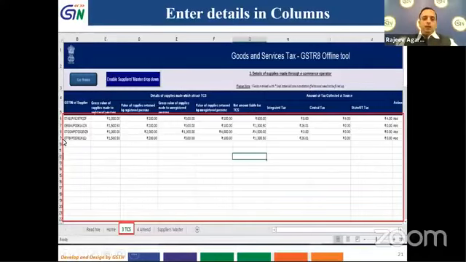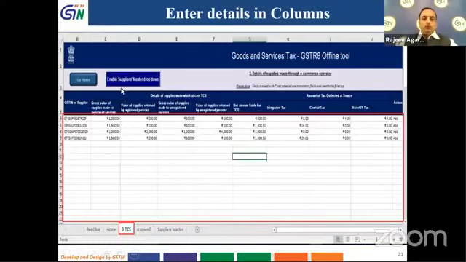We have to be careful that we should not leave any row blank. If we do that, then this tool will not consider the data which is filled in after the blank row. Please fill in from row 6, so that if you leave row 6 blank in the 3 TCS sheet, then no data will be uploaded, no data will be created.